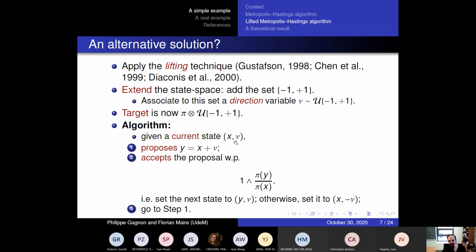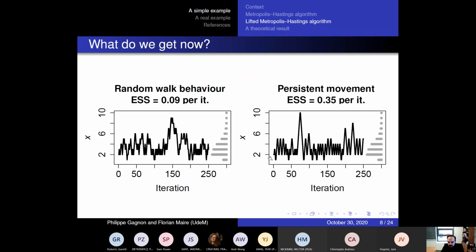So basically, this direction nu, what it does in a sense, is that it helps us keep track of the past, while retaining the Markov property. So we don't know where we came from, but we know the direction that we were using, and that will help us in the sampling. Okay, here is what we get